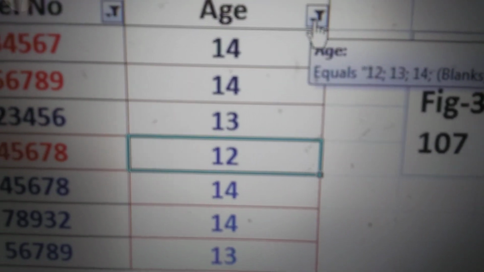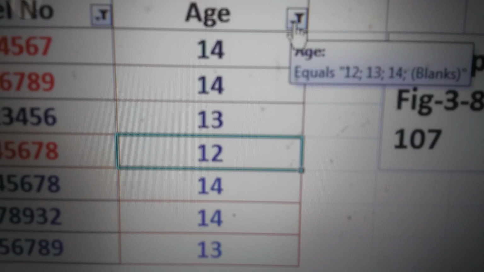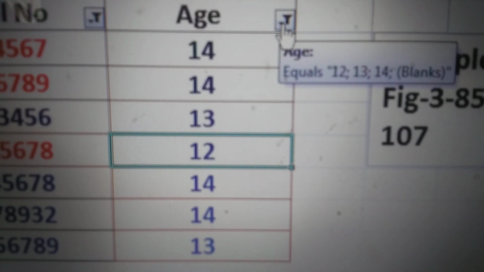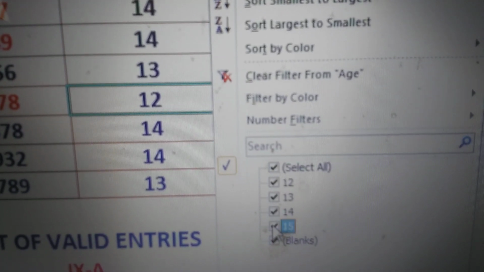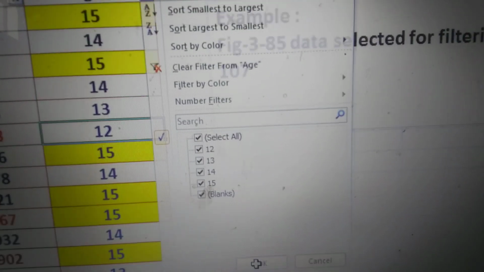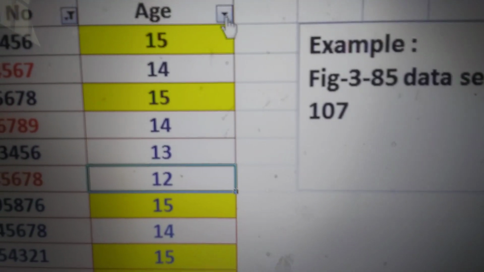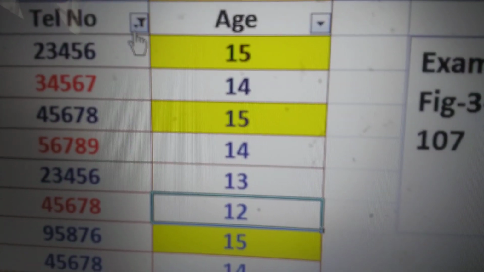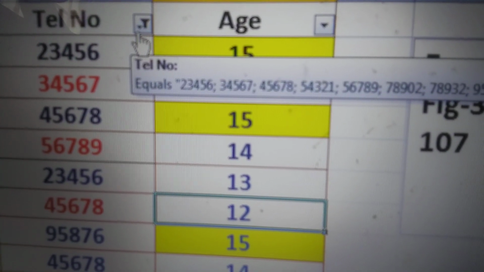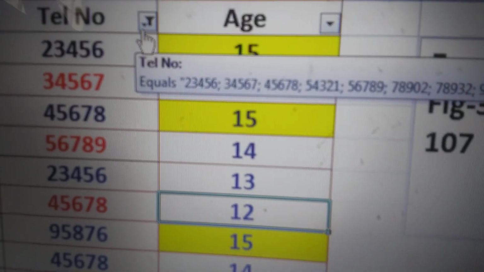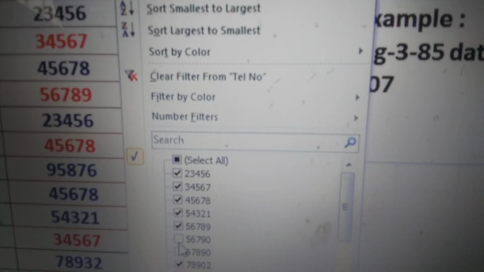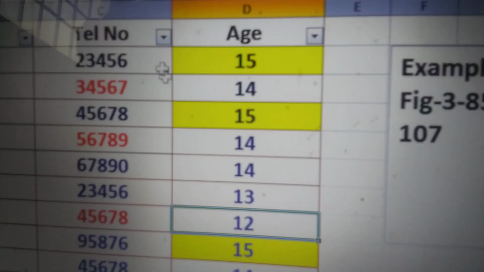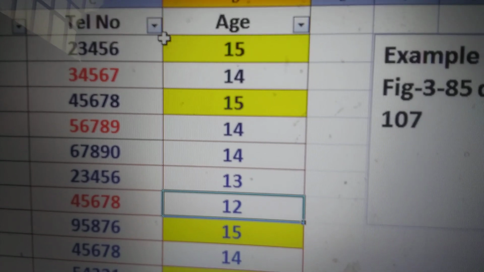This small thing was not mentioned before, filtering. If I call back this 15 number, then do OK, see, this icon is removed, whereas it is still present over here because this data column is still filtered. And if I click tick on both of these values, this column also will be back to the initial stage.